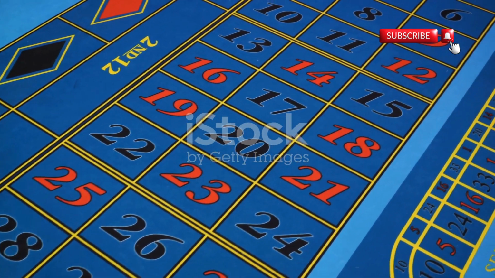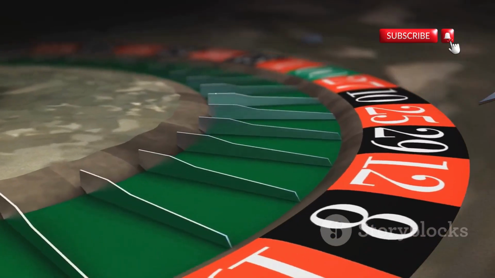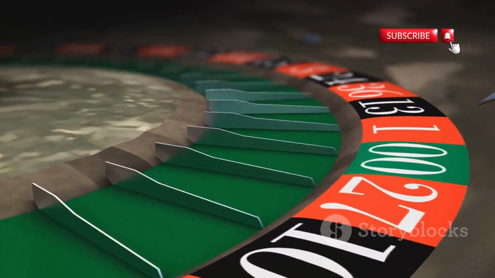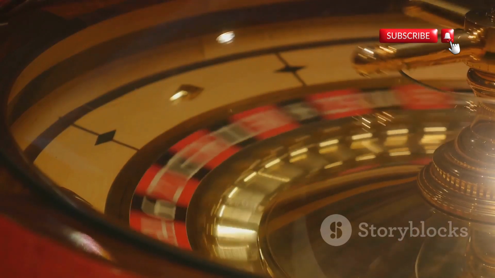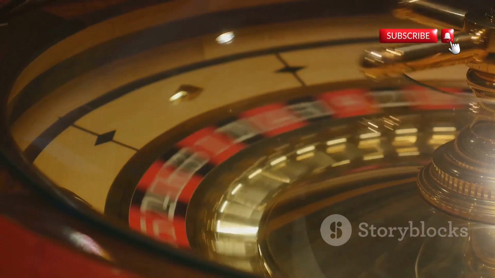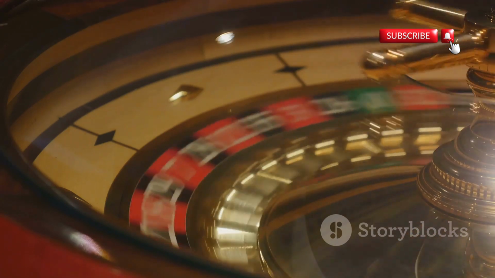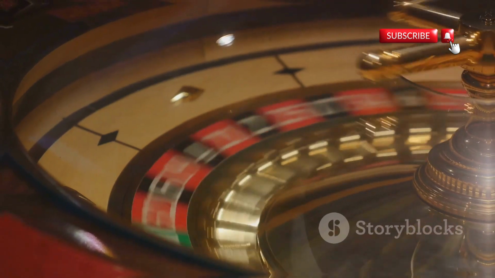They're often expressed as odds against, where the odds are the ratio of the amount that can be won to the amount that is staked. For instance, if the odds of winning a bet are 3-to-1, this means that for every dollar staked, $3 can be won if the bet is successful.